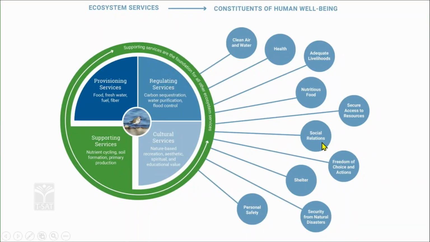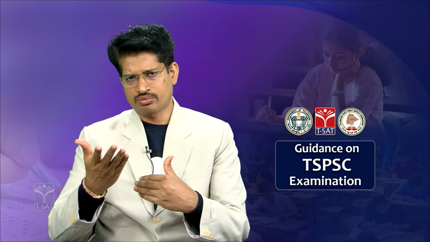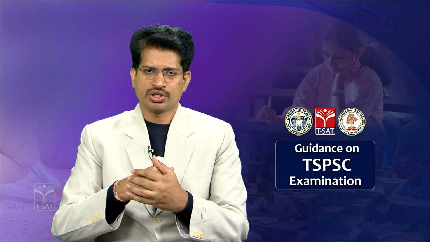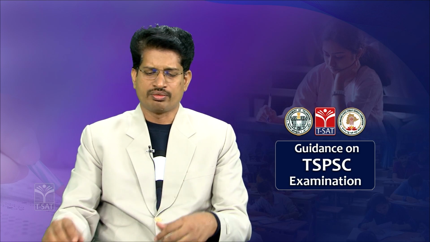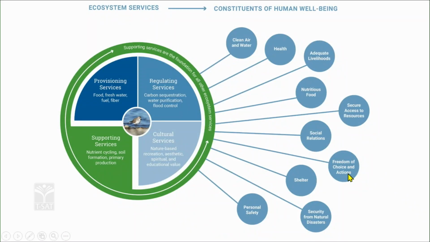Social relations. So, this helps in providing recreation facilities, and helps in developing social relations, because the ecosystem provides certain resources and these are not evenly distributed. So, the surplus you have got, you will be exporting to somebody else. The surplus they have got, they will be exporting to you. In this process, you develop trade relations, etc. because of these ecosystems.